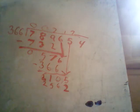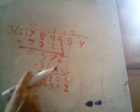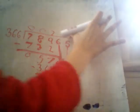Now, you see, this number is bigger than this. So we have to go smaller. So it has to go smaller. So I think 5. Oh, sorry, that's about 5, isn't it? 5. So 5